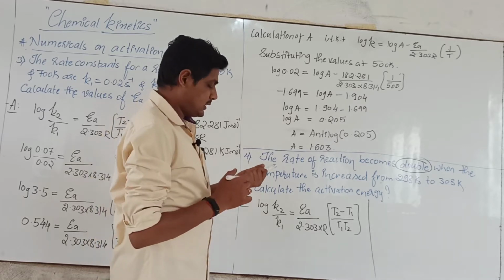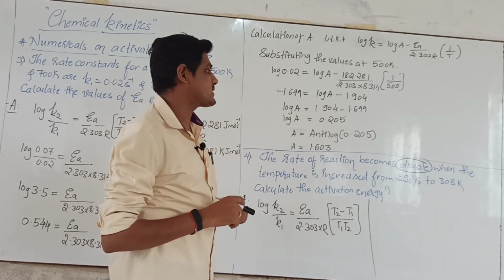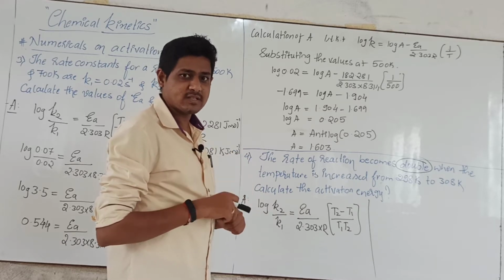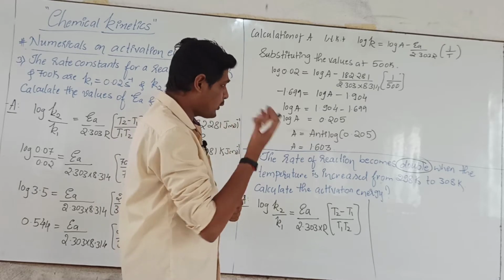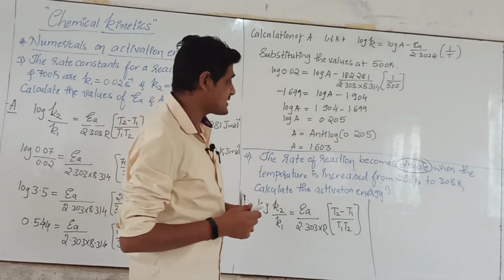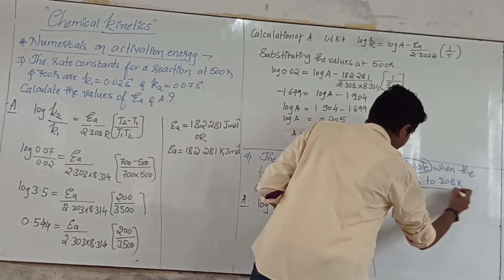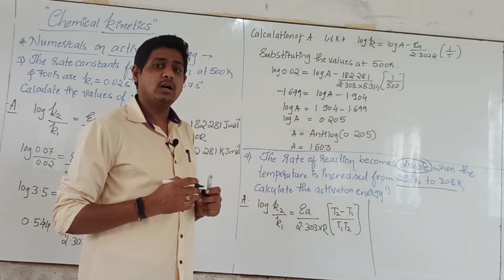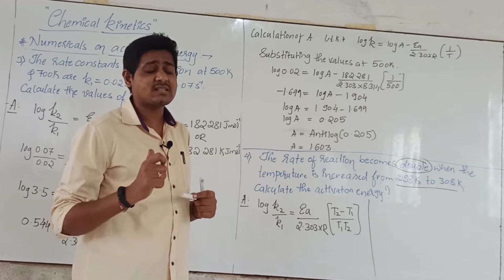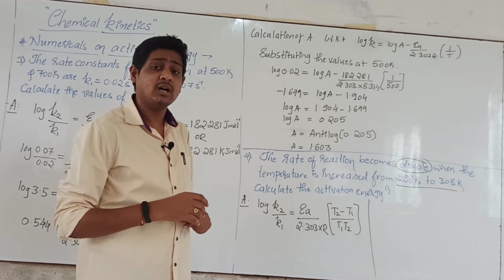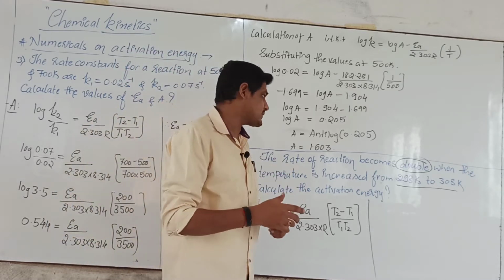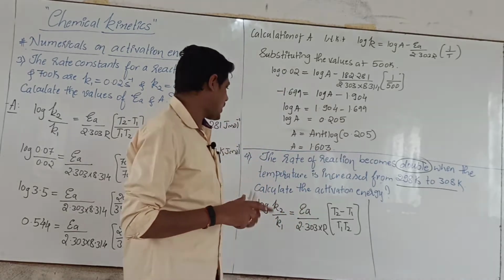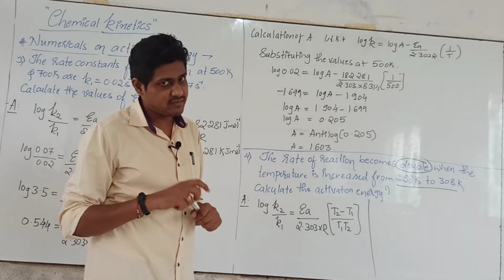Now, in the previous class when we were discussing the effect of temperature on the rate of the reaction, we discussed this, isn't it? When the temperature is increased by 10 degrees Celsius, now if you notice here, the temperature is increased by 10 degrees Celsius. So whenever the temperature of a reaction increases by 10 degrees Celsius, what will happen? The rate of the reaction gets doubled. So here also the rate of the reaction is getting doubled. So now what we have to do? We have to calculate the activation energy.